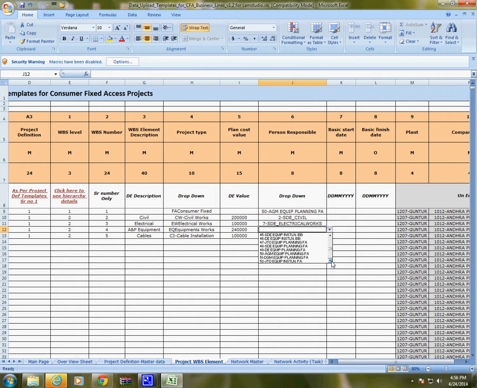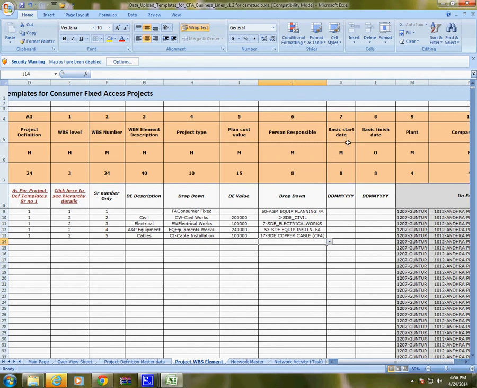SD equipment installation, SD equipment planning, equipment installation FA, and for cables we can choose the SD cables. So likewise we can choose the person responsible who is actually doing this job.